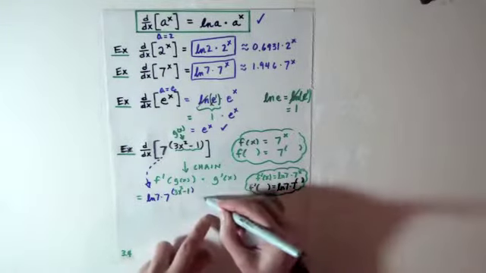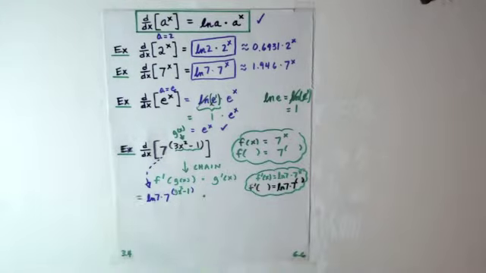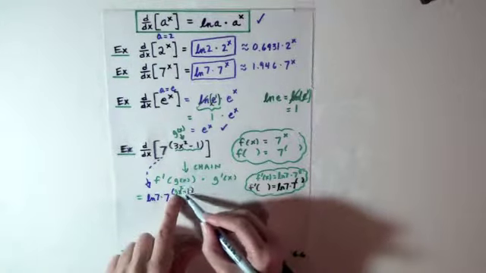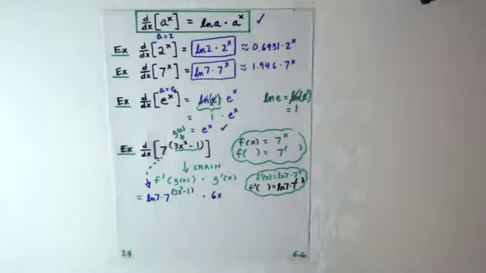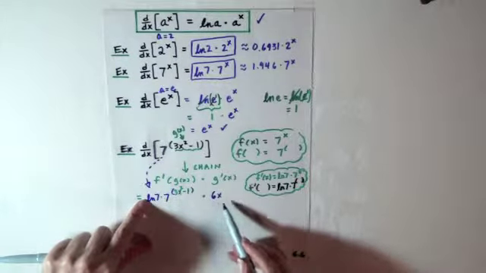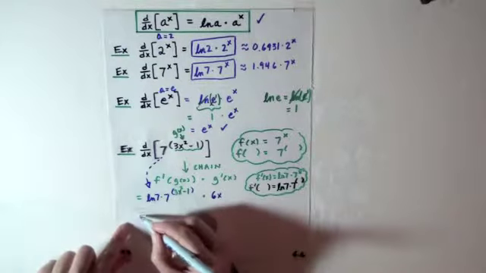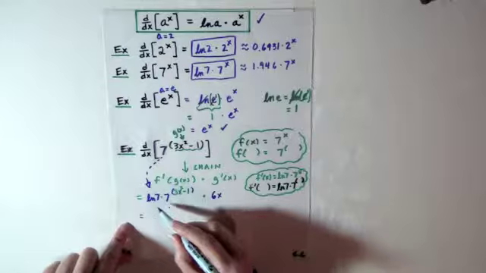Now don't forget, by the chain rule we still have to multiply by the derivative of the inner, but that's not too hard in this case. The derivative of 3x squared minus 1 would just be 6x. So it's the derivative of the outer evaluated at the original inner times the derivative of the inner function. Okay, so let's see, we would end up with ln of 7